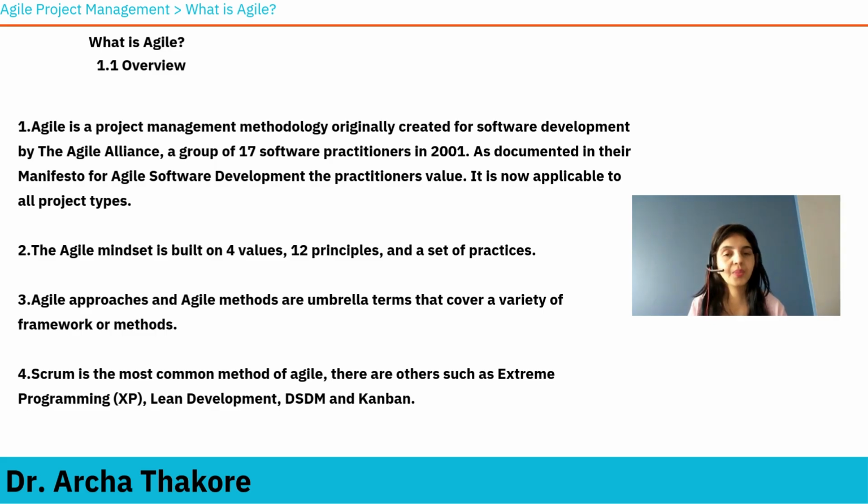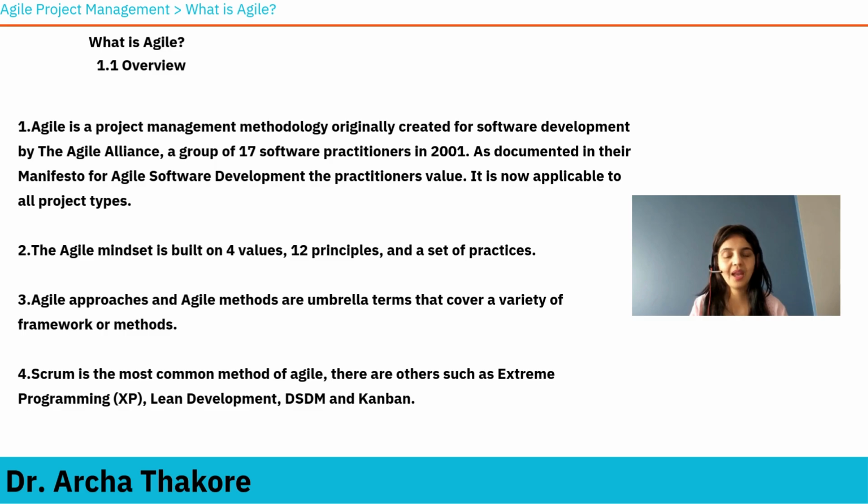We will start by getting a clear picture of what exactly Agile is in our minds. So Agile is a project management methodology. It was originally created for software development by a group of experts in the Agile Alliance. You can find it online. It was a group of 17 software practitioners. It was created in 2001, and it is also documented in the manifesto that is available online. So what is it? It's a project management methodology, how to manage projects. Agile is built on four values, 12 principles, and a set of practices,